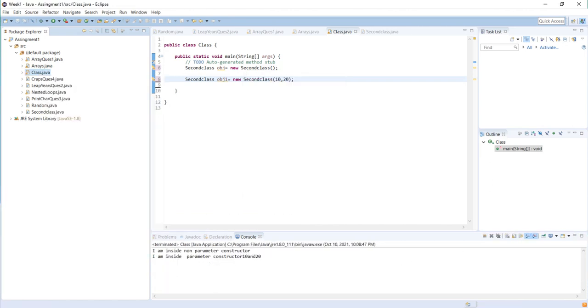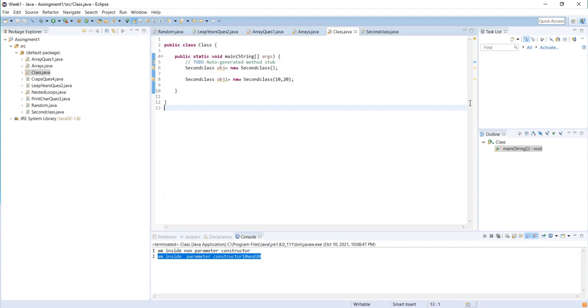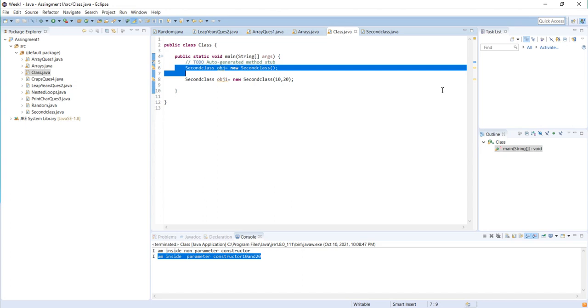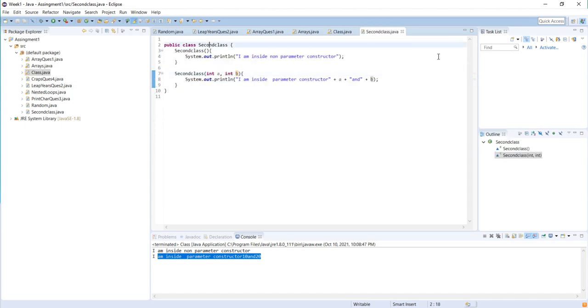You can see that first it went inside the non-parameter constructor, and then it went inside the parameter constructor. When it read this line, it reached Second Class and went back to Second Class, and there it found the constructor.